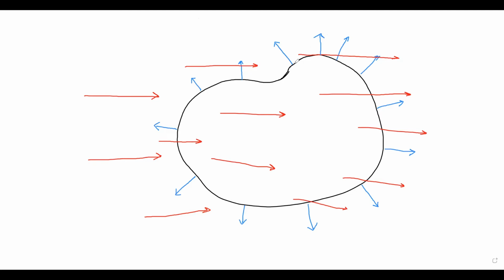Finally, what happens if the flow is perpendicular to the outer unit normal? That is the case, for example, here at the top. Well, in that case, nothing enters. So to speak, the flow just scratches the surface of the domain without contributing anything to the amount of heat contained therein.